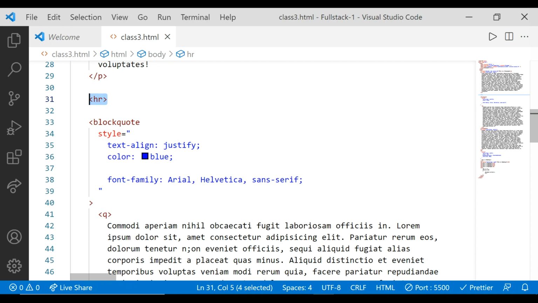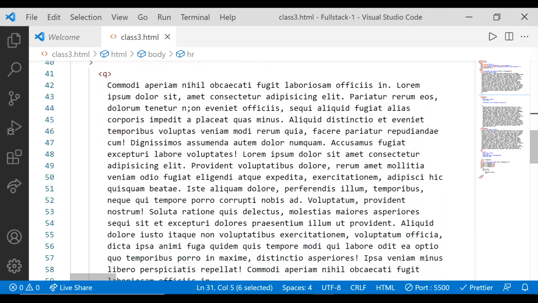But one thing you will note, when I save the code, it will automatically add this slash. Why is it automatically added by VS Code? Because VS Code follows the specification of HTML5, and according to HTML5, every tag should have an end tag. Okay, but this is an empty tag. This is a self-closing tag, so it automatically adds this slash. So this slash means it also follows the specification, and it is a single tag, so it can work here. So let me save the code, and also I'm copying this code and putting it after the block quote.